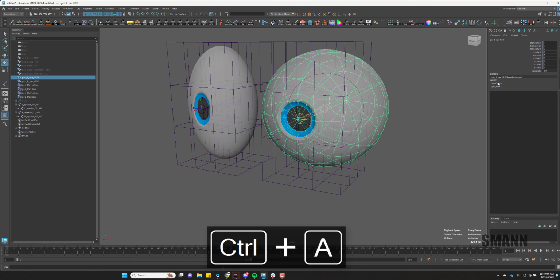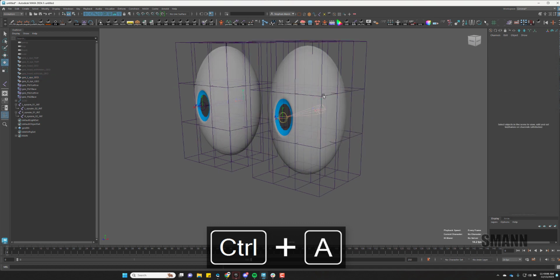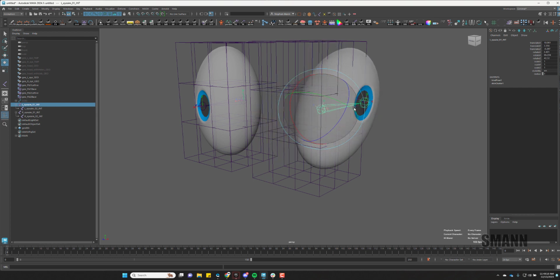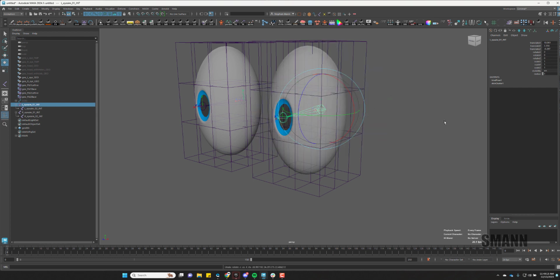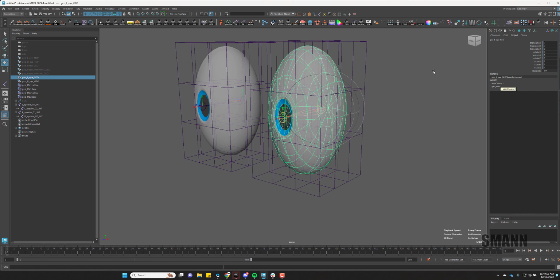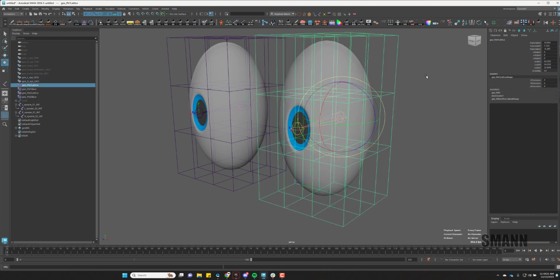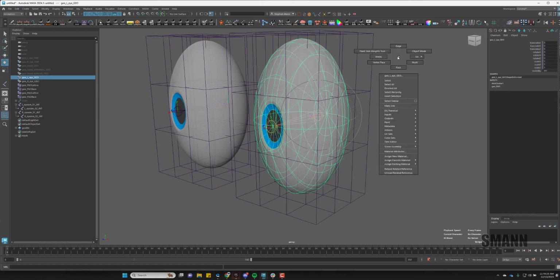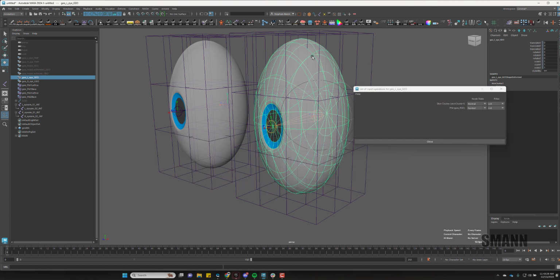If I go to my geometry here and turn on the lattice, now what you'll notice is you're not getting what you want, right? So what's happening is it's a deformation order. So if I select the skin, you see it says FFD1 and then skin cluster. So what that means is first deform it with the lattice, second deform it with the joint. So the way we change that is we go to inputs, all inputs, just by right clicking, or you can also go up here,